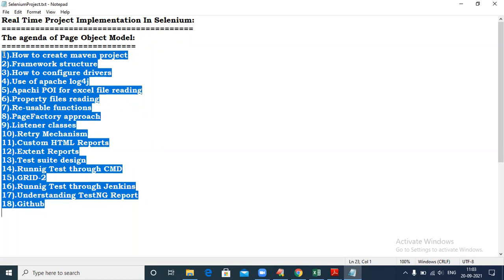If anybody, your seniors or your brothers, sisters, anybody who is working, show them this content. Is it enough or not for testing? It is enough, maximum. Max to max, it is enough. Once you practice it, I will give assurance, 99 to 100%, you will get the job.